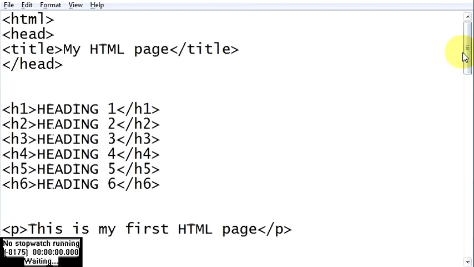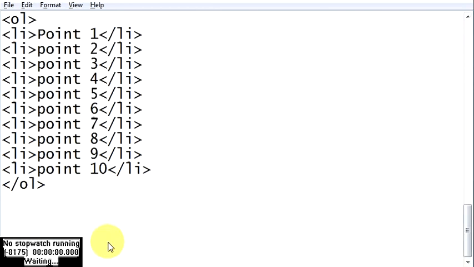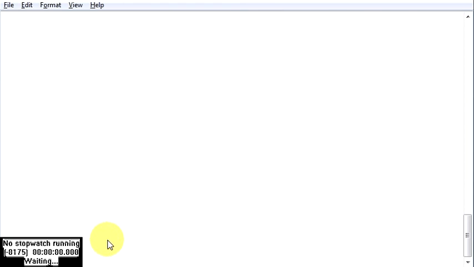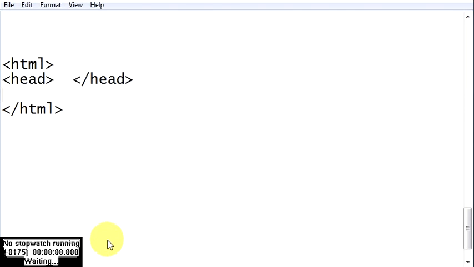Now let me tell you the body of an HTML page. The total body of an HTML page consists of HTML, then closing HTML. In that, you have two sections: opening head, and closing head. After that, you have the body section, opening and closing.